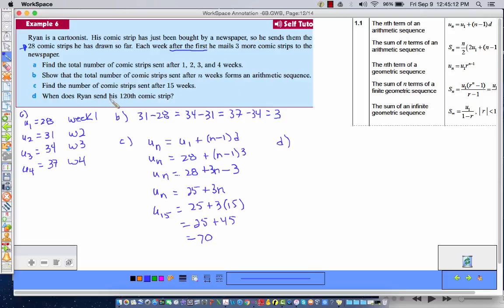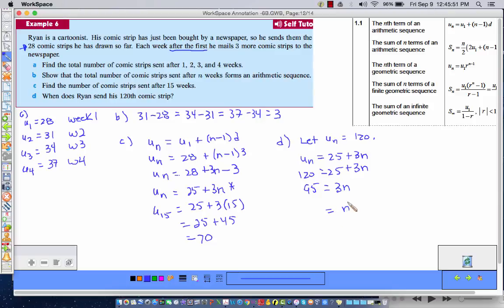When does he send his 120th comic strip? Okay, so remember, we're always starting with u sub n, and the n is the week number. So what they're really saying is let u sub n equal 120, and when does this happen? Okay, well, I know that u sub n is equal to 25 plus 3n, and I get that from right here. And if 120 equals 25 plus 3n, what does n equal? So I get 95 equals 3n, and if I